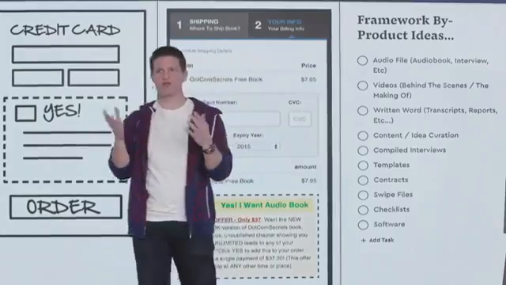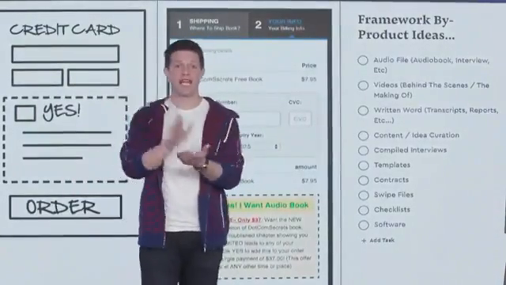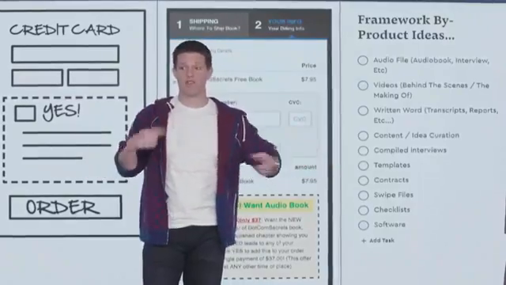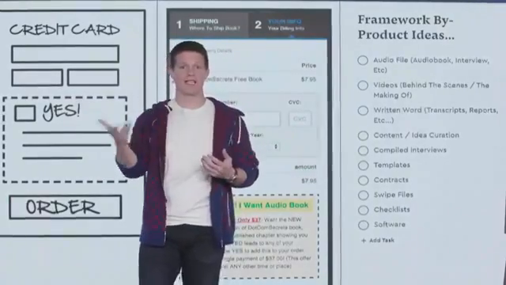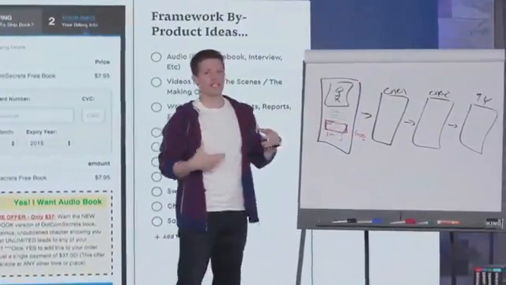Now, Clubhouse has rules, you can't record it and stuff like that, but how hard would it be for you to set up a Zoom room, invite 5 people and say, hey guys, here's a topic of discussion, let's talk about this. And everyone talks about it for a little while, boom, you got a recording, that's an order form bump. Okay? Take your framework, find 5 other people who are applying the framework in different ways, and be like,